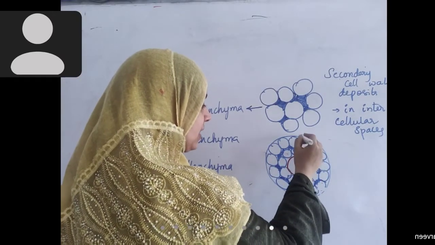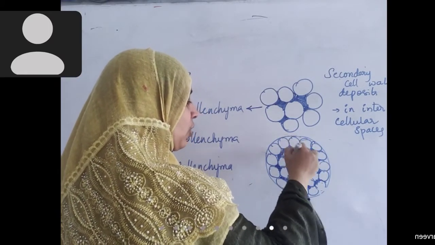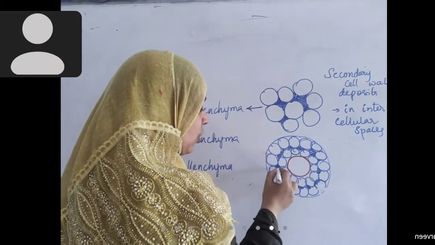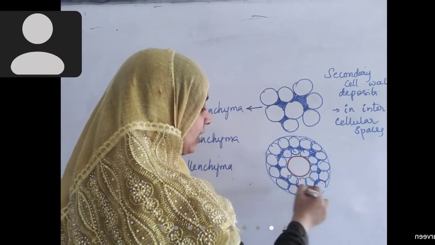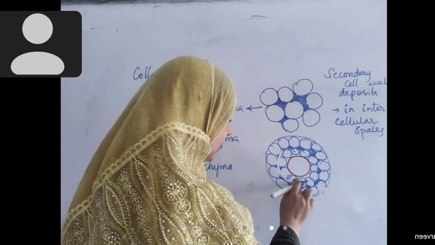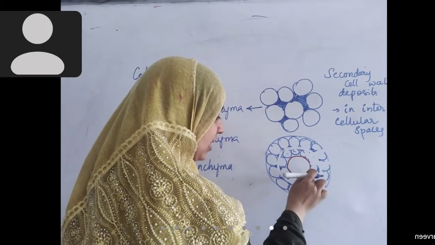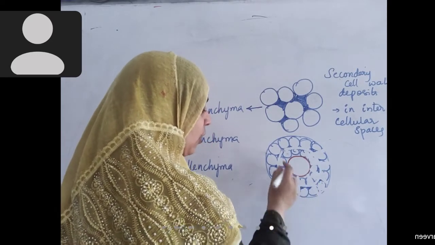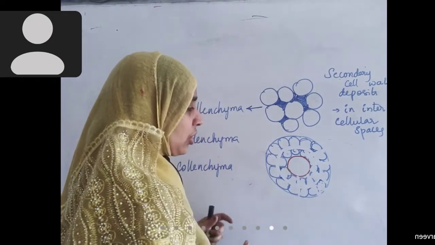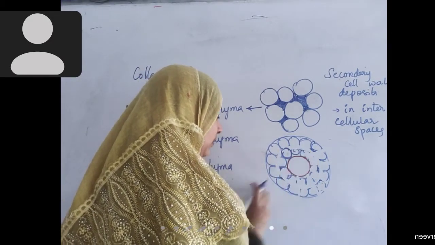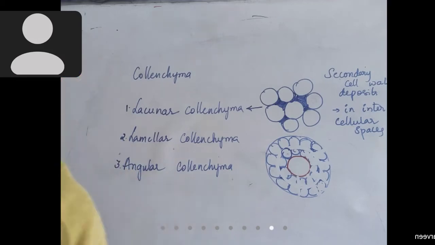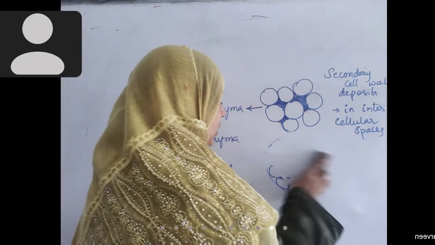That means like this there is no deposition, like this no deposition, like this there is no deposition. Only in this angle, okay? Between cells and cells in this angle we can see it, but in this angle there is no deposition. Radially there is no deposition, only in the tangential region. Understand? Okay, I am drawing again. Very simple, nothing to confuse.